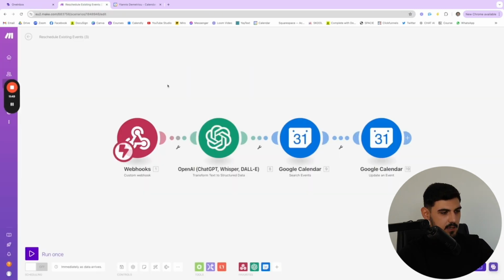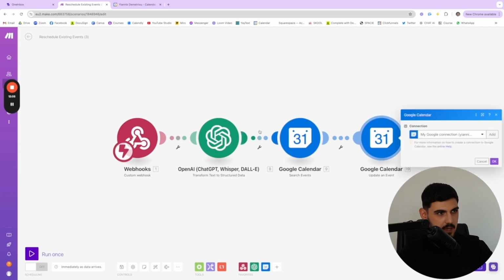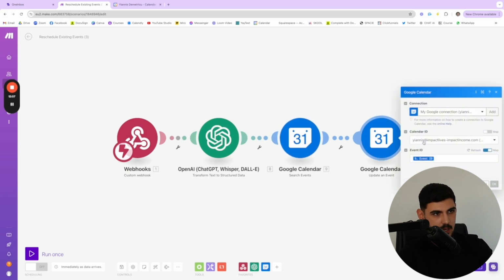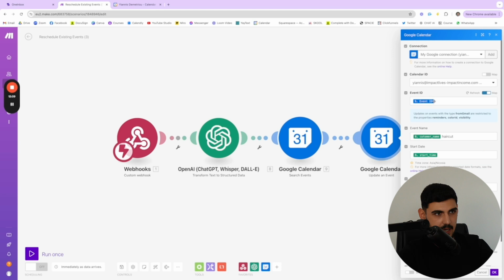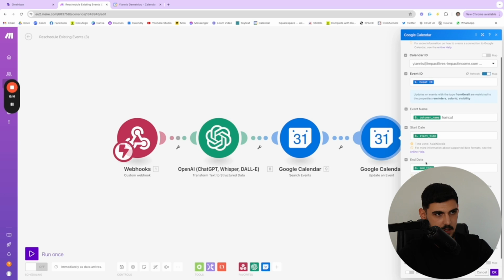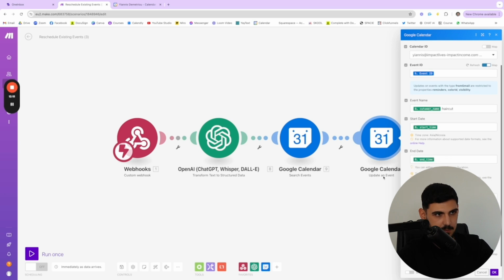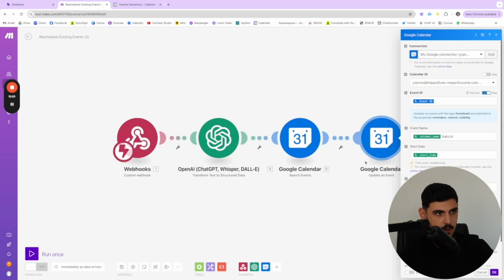So you can see, if you want your automation to work properly and you want to extract the right data from the transcript, make sure that the agent is prompted to ask for that data in the call. But anyways, we search the events through email. And then once we find the email, we get the event ID from that, and then the customer's name, the start date, the end date, and this is obviously an update event module from the